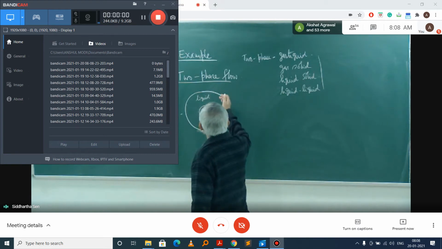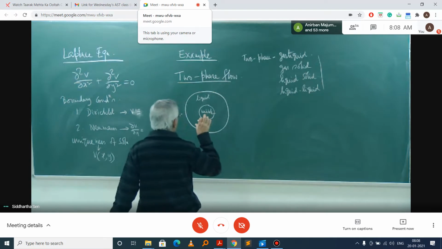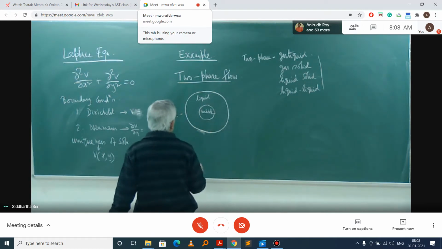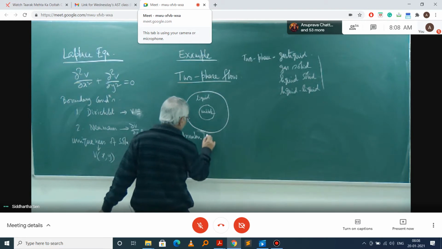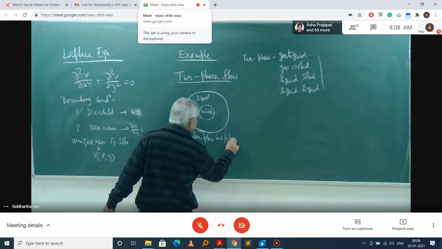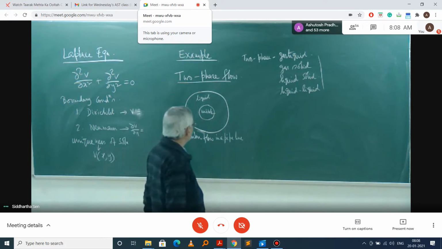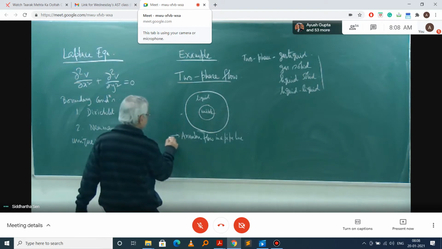The bubble and the liquid would be present, and normally the bubble or the air will go in the central line. This sort of thing is called annular flow. Similarly, we may have a gas solid flow, so gas solid, as you can say this is your gas liquid.